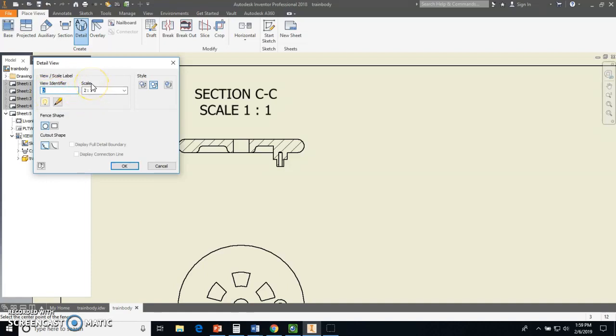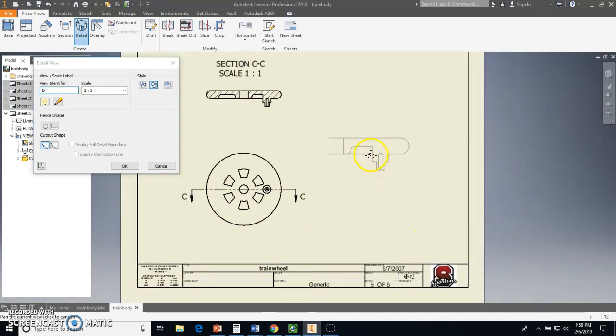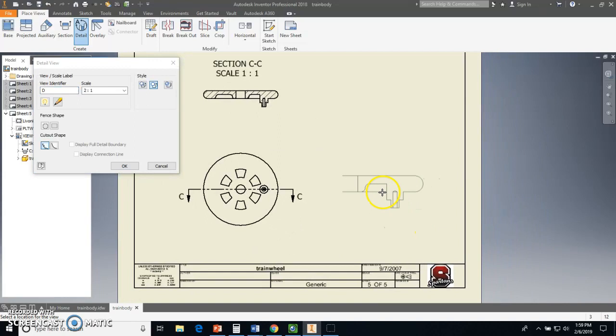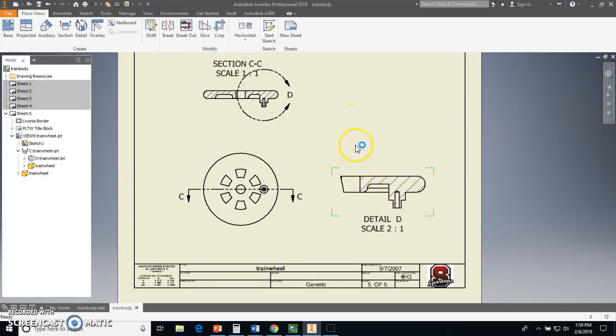Then the scale is going to be 2 to 1. You'll see where it says scale 2 to 1. That means it's going to make it twice the size that it is currently. So I'm going to come here, and I'm just going to put my cursor in the middle of what I want, and I'm going to bring this out, and I'll click on it, and then I'll be able to bring my view down here and click. And again, I can move the note,